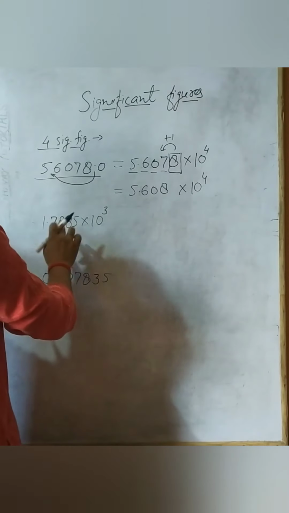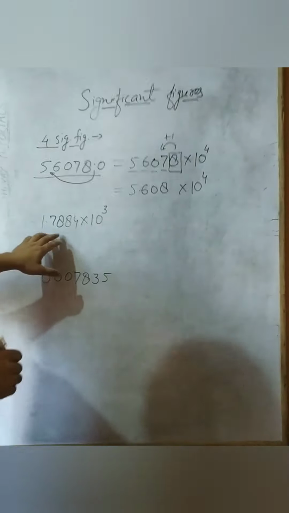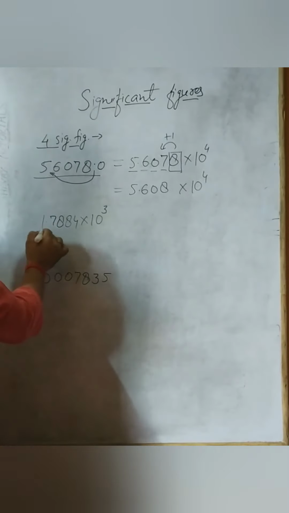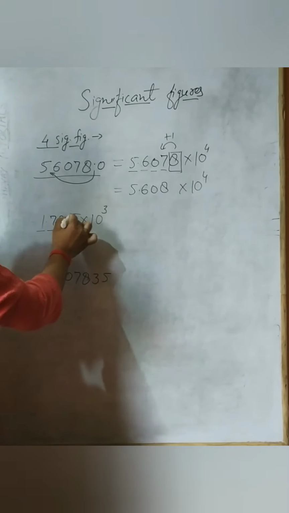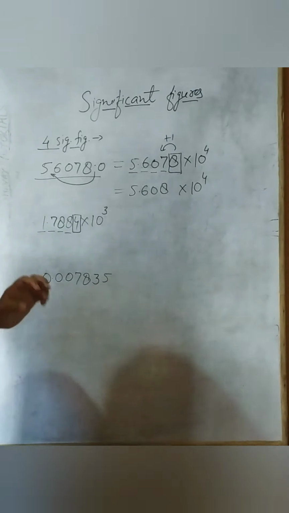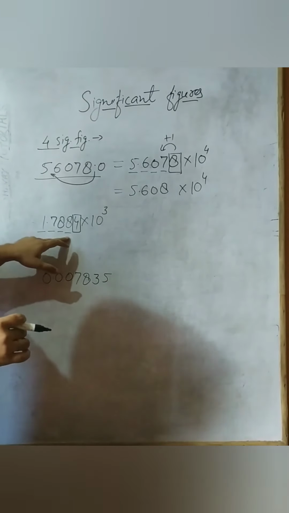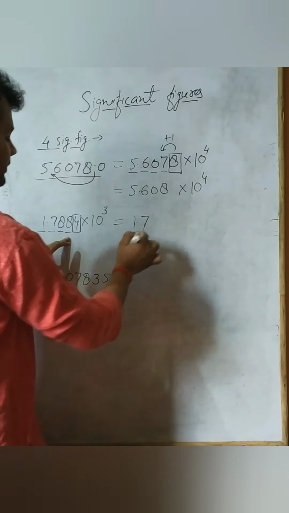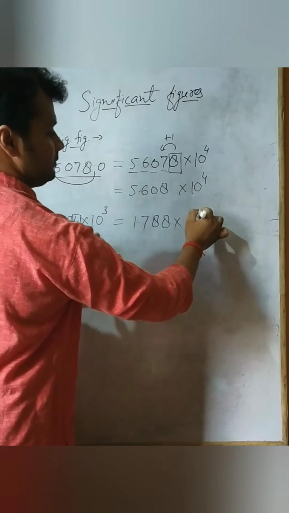Okay. Let's consider here also, again if we take it here 4. Now here again it is already in the exponent form. We only require 4 significant figures, means 1.788. We do not want this digit, the 4. The second rule says if the last digit which we want to remove is less than 5, then there is no change in the preceding numbers. It remains the same as it is. Means the answer will be 1.788 into 10 to the power 3.